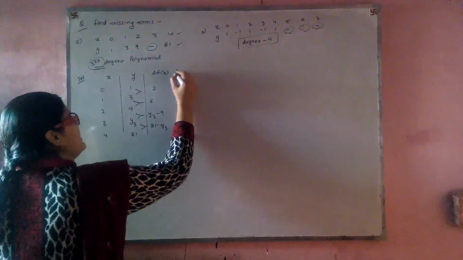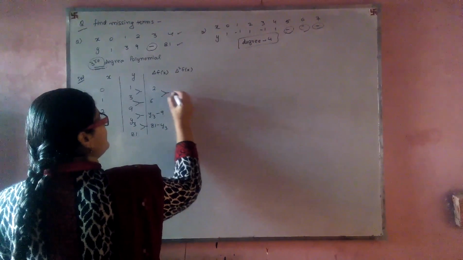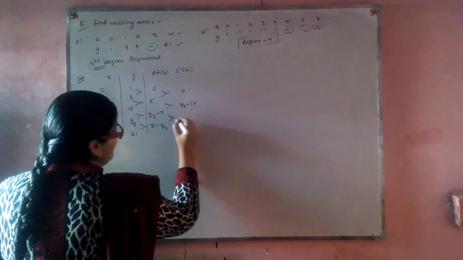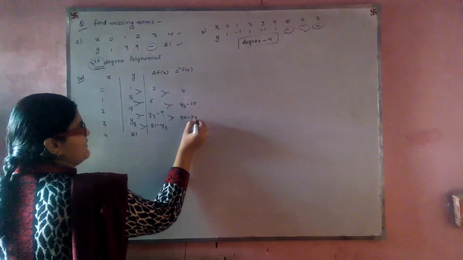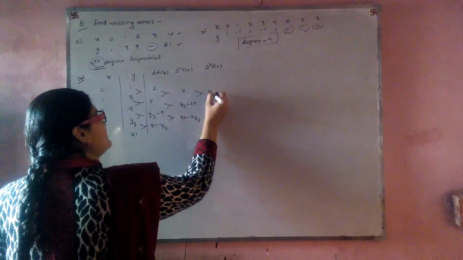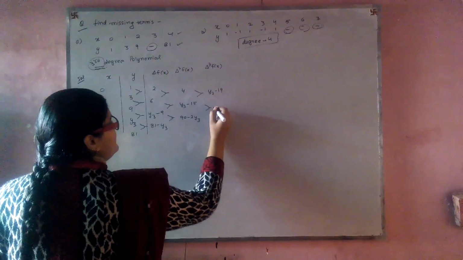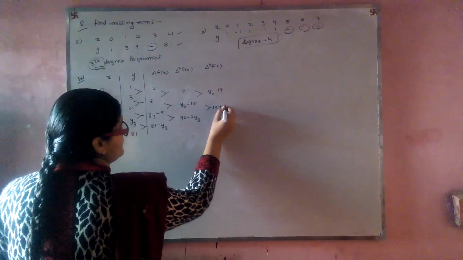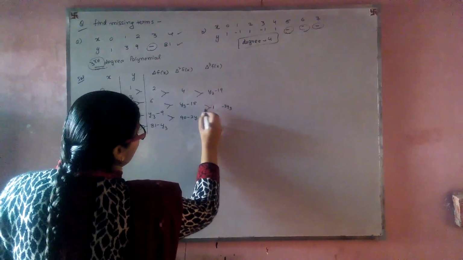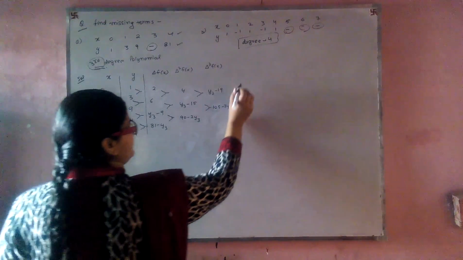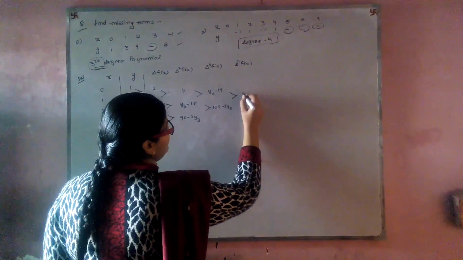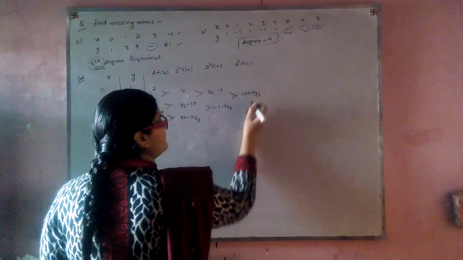Okay. Then delta 2 fx becomes 6 minus 2, 4; y3 minus 9 and 6, 15; 81 and 9, 90 minus 2 y3. Delta 3 fx becomes y3 minus 19, 90 and 15, that is 124 minus 3 y3 and 105 minus 3 y3. Then delta 4 fx becomes 105 and 19, 124 minus 4 y3.